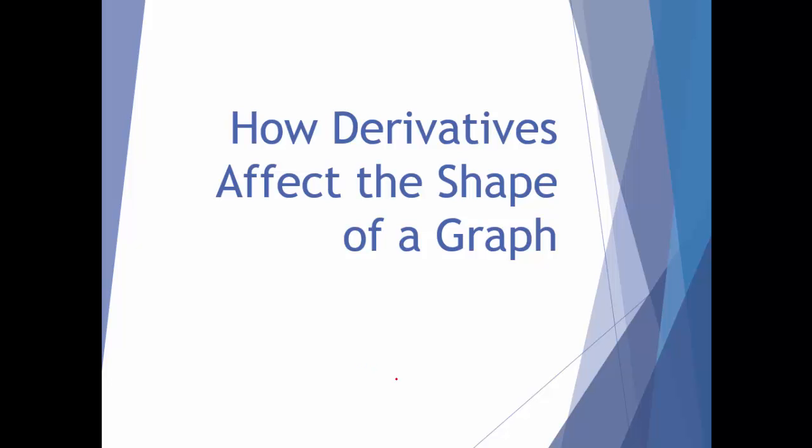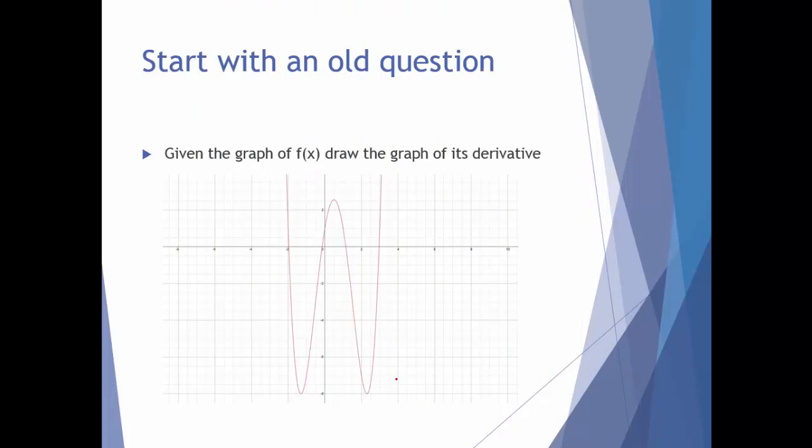These are going to be our notes on how derivatives affect the shape of a graph. So we start with a question that we already know how to answer, but we'll take a look. Given the graph of f of x, draw the graph of its derivative. So here we have a function, and we have already worked with problems like these, where we examine the function